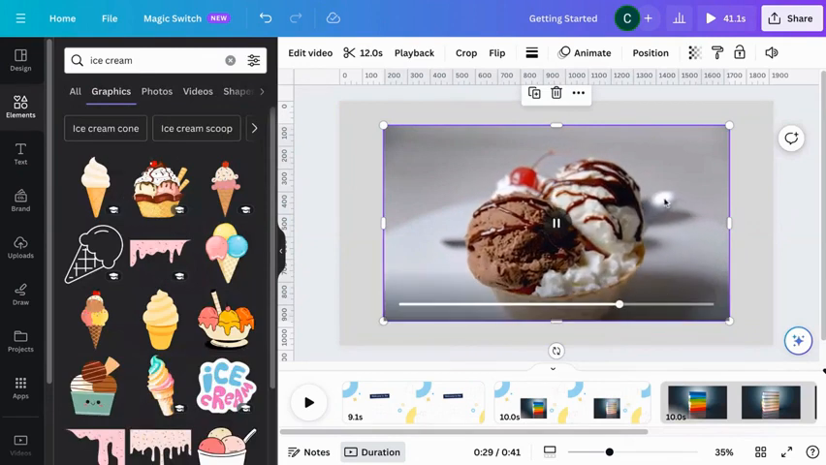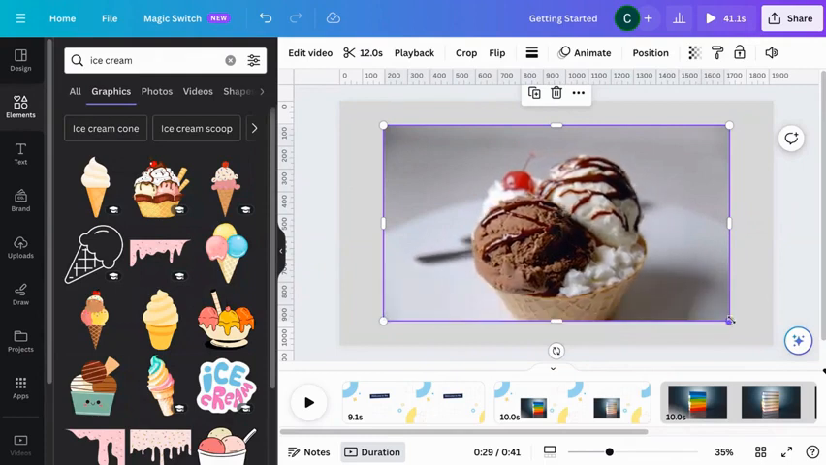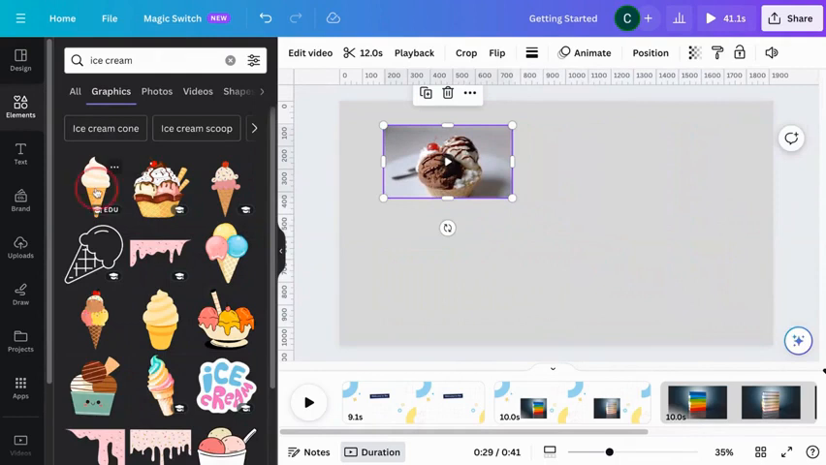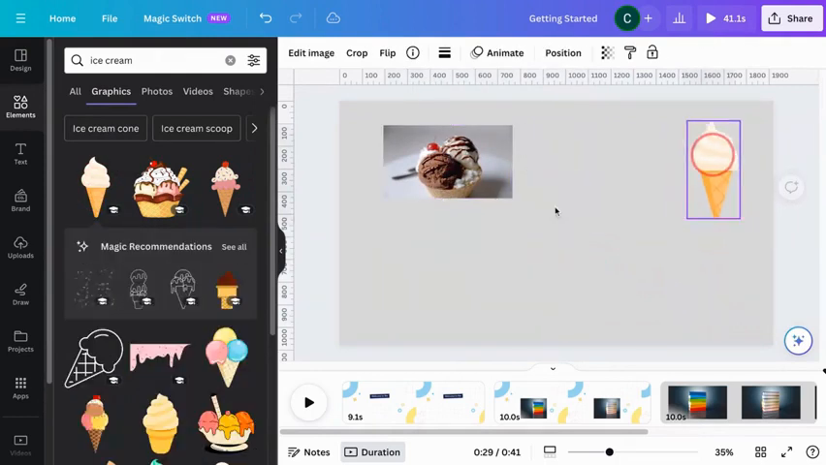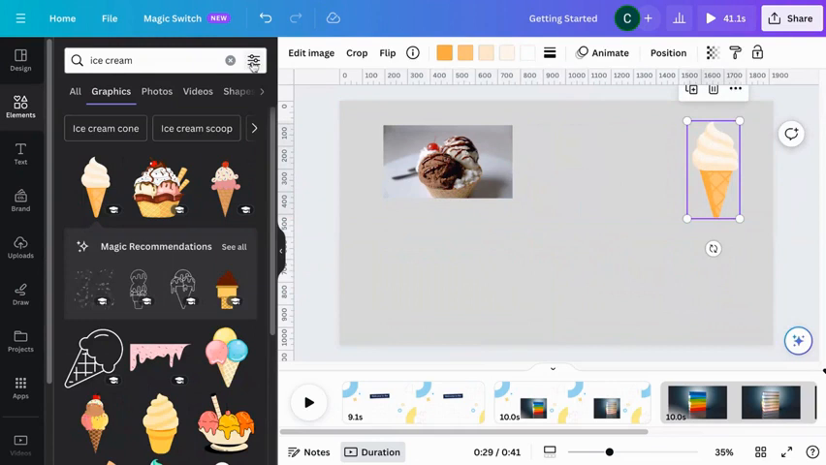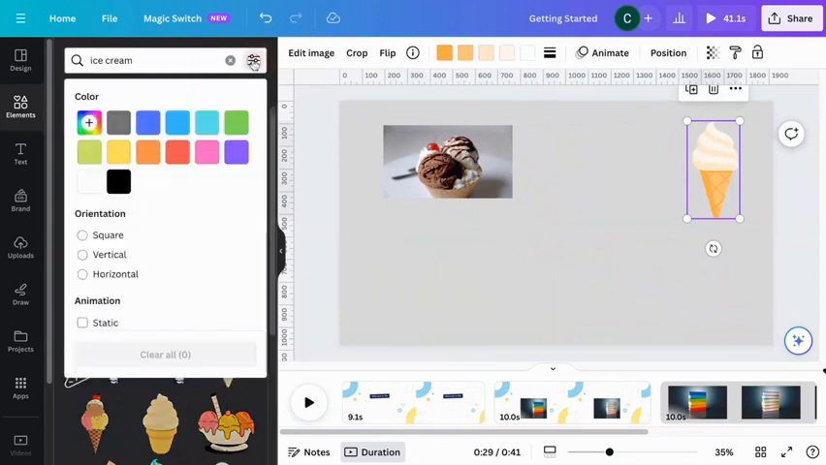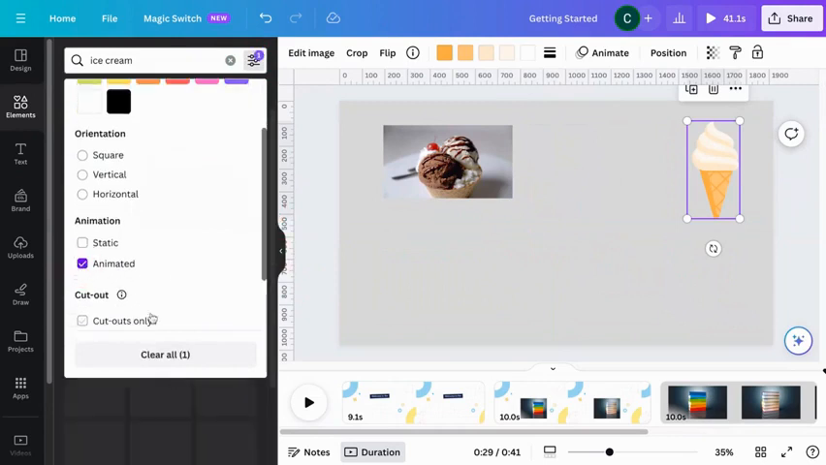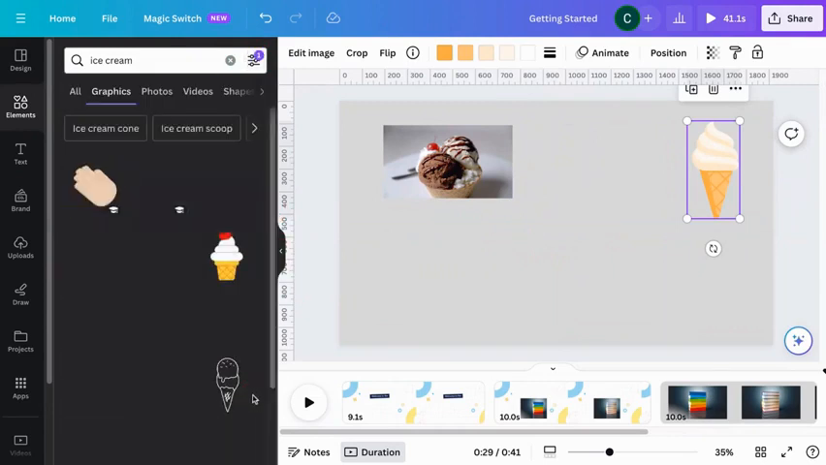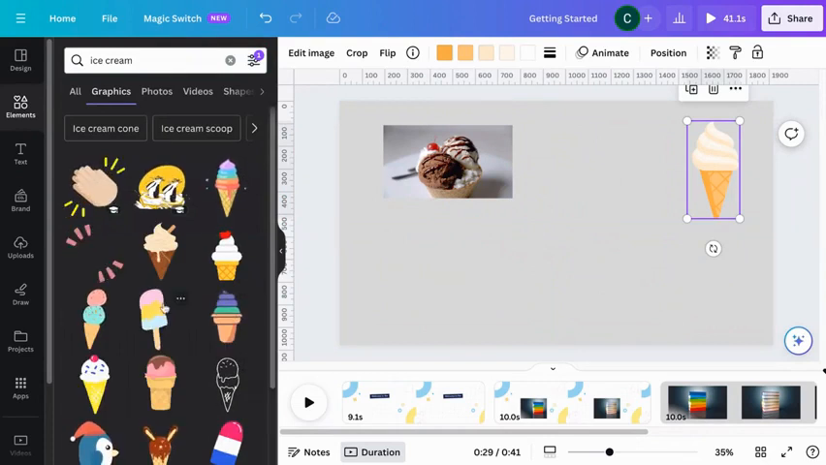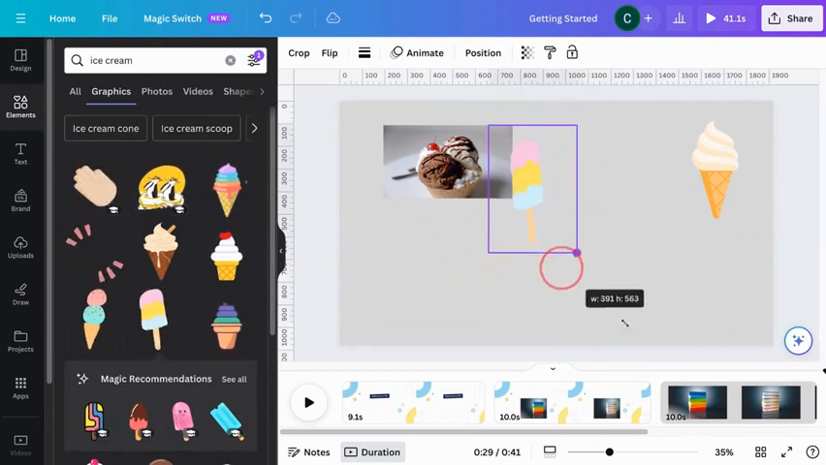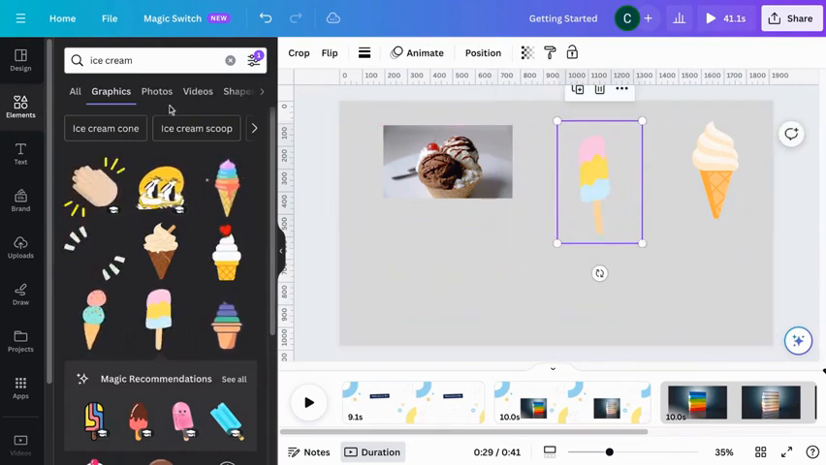And then here's a cool thing. So again, I can make this smaller by grabbing the side. And then I can have just a regular ice cream cone. Or if you click up top, which allows you to filter, it gives me animated. So say I want my ice cream to move. So click off that. And so now I have ice cream that actually moves and I can make it smaller. So whatever it is you're looking for, you can have graphics, you can have photos, you can have videos,